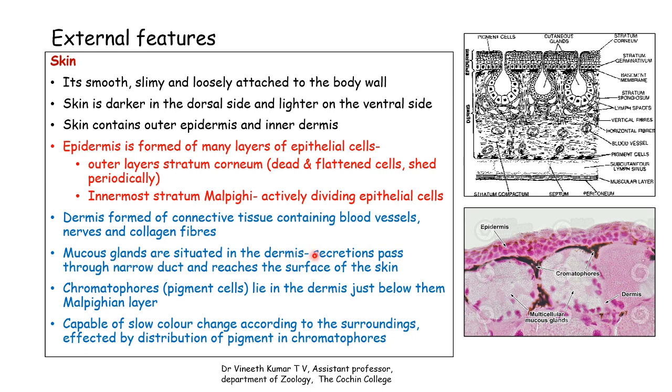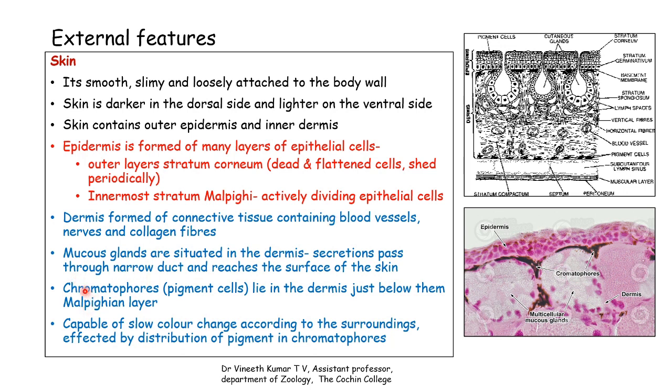The mucus gland is situated in the dermis, so you can see here. So these are the mucus glands, the cutaneous or mucus glands. Here, these white structures are the mucus glands, and they produce mucus which provides the slimy nature of the skin, and there are small ducts arising from these glands. In the section, this is not clear, but here you can see small ducts arising from each gland, and the mucus will be secreted on top of the stratum corneum through these ducts.